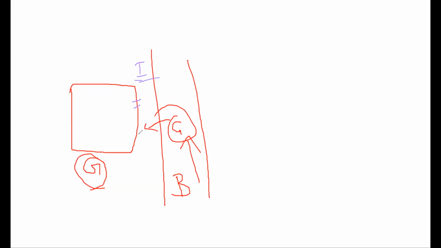Until and unless insulin is present, glucose cannot get absorbed inside your cell. What insulin basically does is, let's suppose this is the gate of insulin. Insulin will come and attach to this gate. This attachment will cause another gate to open through which glucose can get inside the cell. This is what normally happens in healthy individuals.